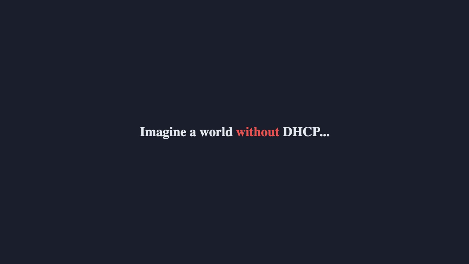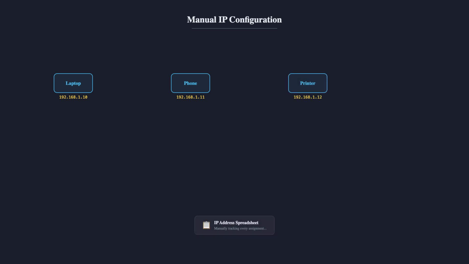To understand why DHCP exists, imagine a world without it. In this world, every time a new device joins a network, someone has to manually assign it an IP address. A laptop needs 192.168.1.10. A phone needs 192.168.1.11. A printer needs 192.168.1.12. Someone has to keep a spreadsheet of every single assignment and make sure no two devices share the same